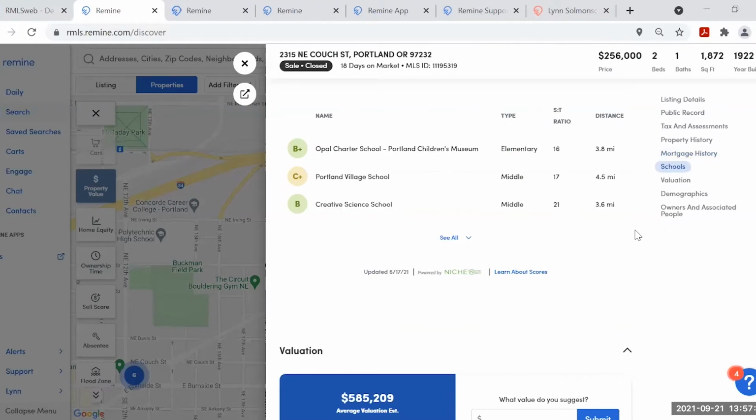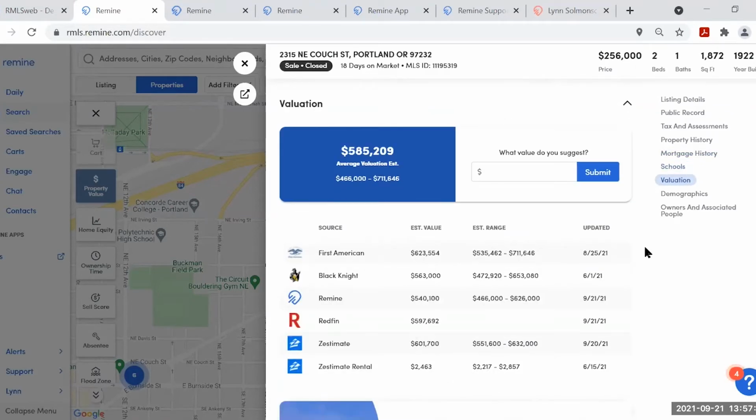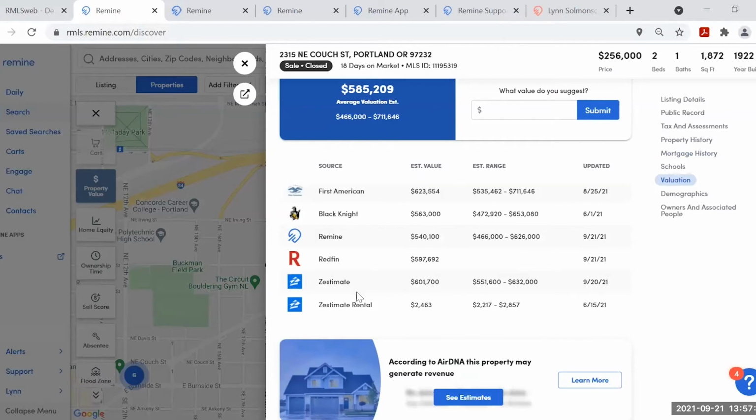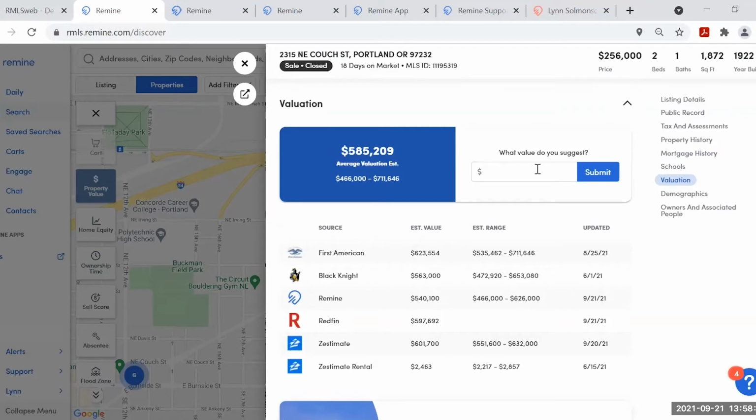schools. Valuation, so it's showing you a combination of valuation resources. These are ones that your clients may come across anyway, so if you end up generating a report for them, you may just let them see these because they're going to find them through public searches anyway. Okay, you do have the option also to put in your own opinion, like if this is an area you know really well and you go, oh no, that should be 600,000. But you can't do that like 20 times a day to modify the value of a property. I believe it's quarterly that you can put in a valuation opinion on a specific property.